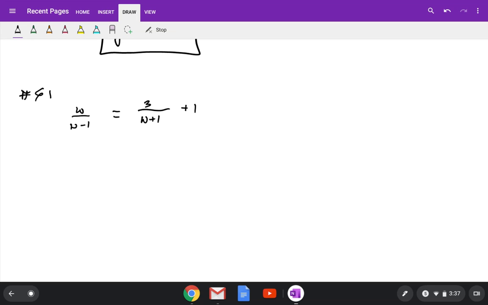So you have to first factor the denominator, but since the denominators are prime, we're just keeping them as w minus 1 and w plus 1. You cannot factor them. So the LCD, least common denominator, is just the product of w minus 1 times w plus 1. And next, you're going to multiply both sides